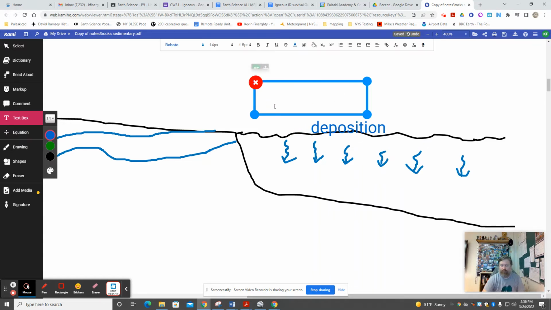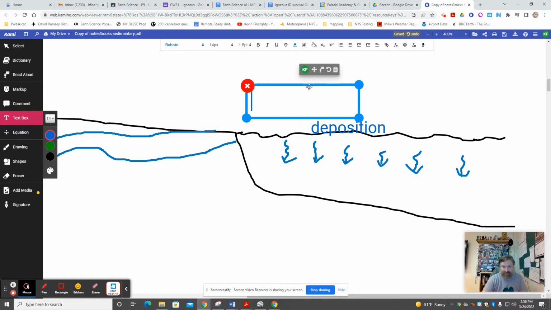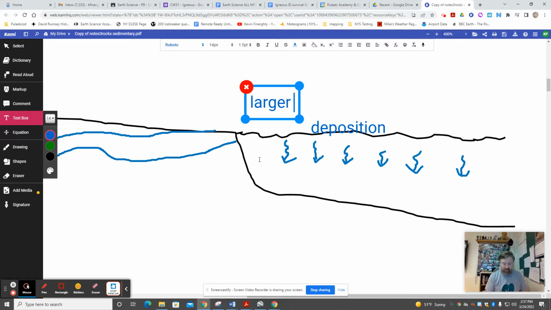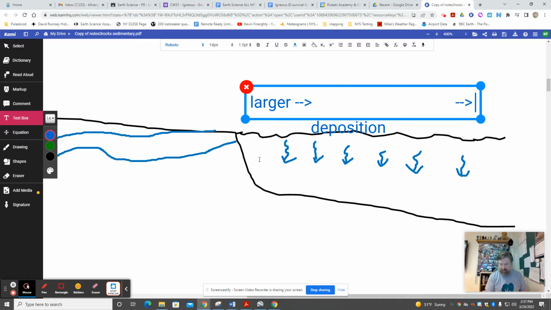Okay. And if you remember this would be great if you remember this. This is something that can pop up. Running water is very good at sorting out the particles. The heavier they are, the faster they're going to get dropped off. That was the premise of the whole bead lab. The bigger ones settled faster. The smaller ones settled slower. Therefore, in currents will be carried further away. So you get a nice organized, sorted progression here of larger particles. And then you get out to sea to smaller particles,